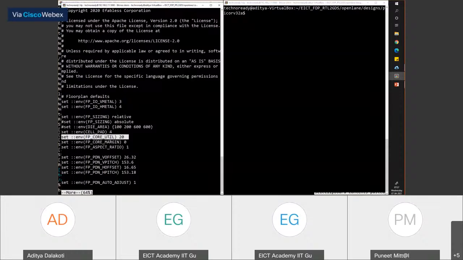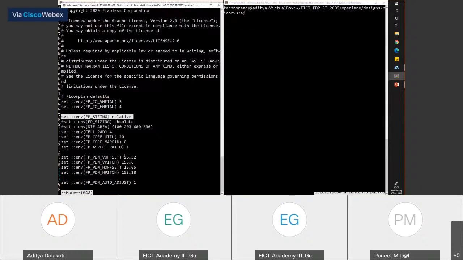Now with this, I have specified the FP sizing to be relative. This means that it will take that gate count, assume it to be 20%, and then blow up the entire area to whatever it needs to be. So it will create a relative area based on my gate count area and the utilization I have specified. It will create 80% more area, and that will be my total area.